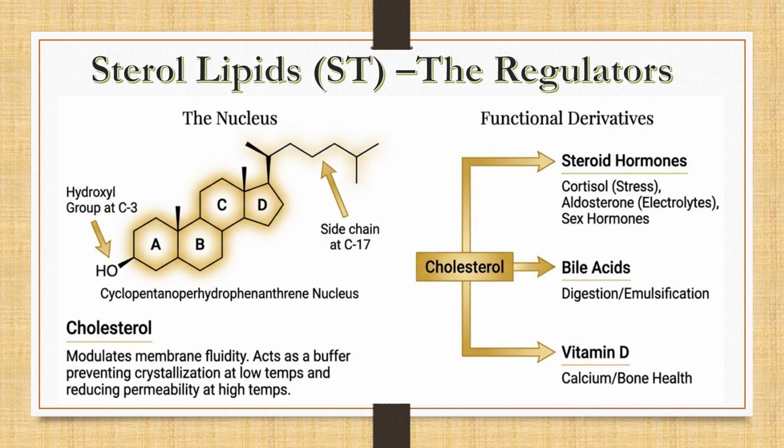Sterolipids are characterized by a rigid four-ring fused structure, which distinguishes them clearly from other lipid classes. The most familiar sterol is cholesterol, which is widely distributed in animal cell membranes. Structurally, sterols are relatively nonpolar but contain a small polar hydroxyl group. This allows them to insert into membranes and interact with phospholipids.